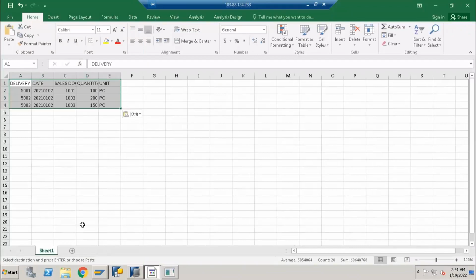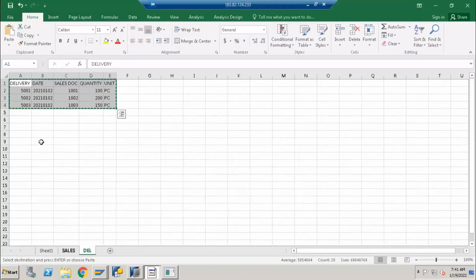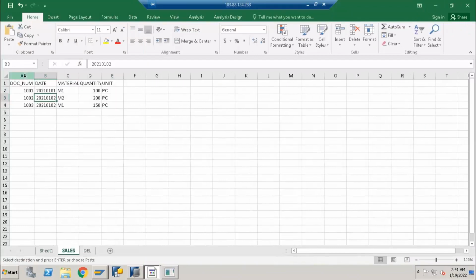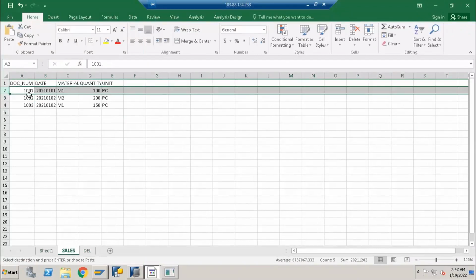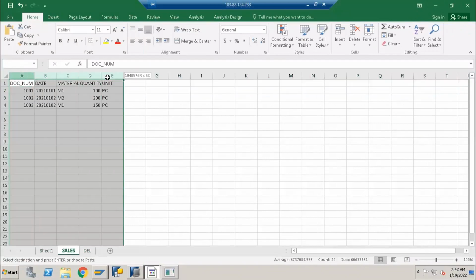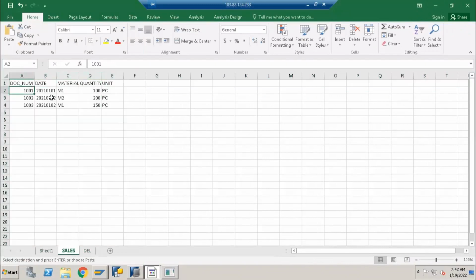So what is the difference between sales data and delivery data? Sales means when you want to buy some product, at that time the company will create the corresponding sales order, in SAP terminology. For example, if you want to buy a car, you will go to the showroom and book your car. First of all, they will prepare one sales document number saying that you need a car, and this is your requirement.